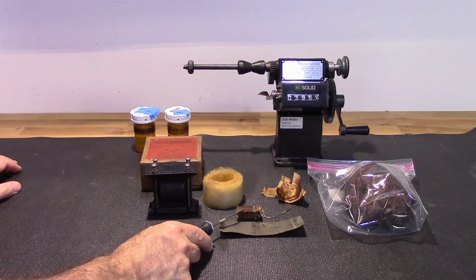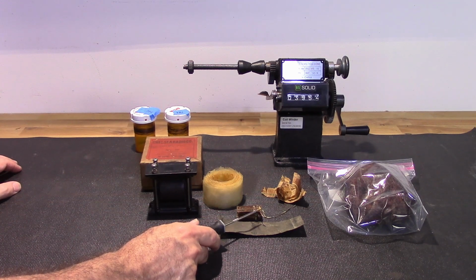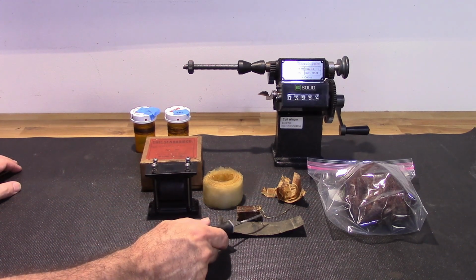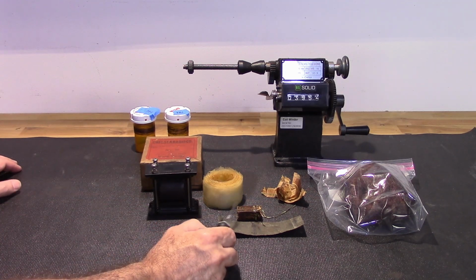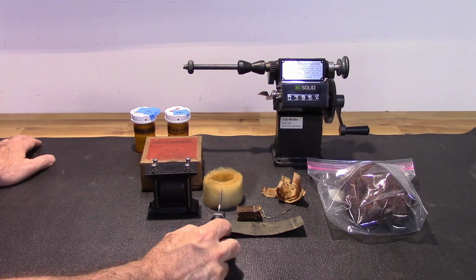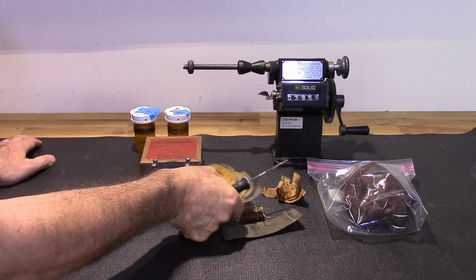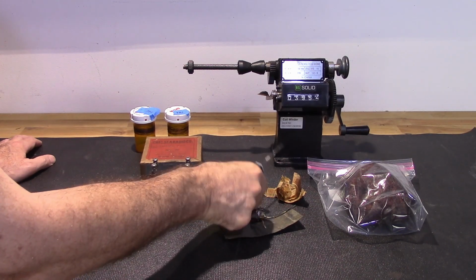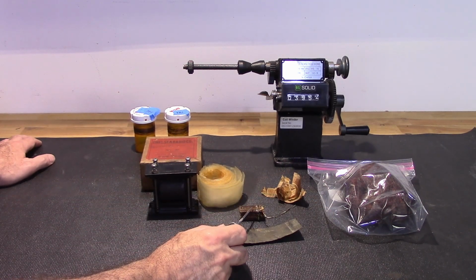I've got a cardboard core with some wire attached to it that can be soldered onto the terminals, and that is attached to the primary coil wire. And I've discovered that it's about 290 or so turns per layer, and each layer is separated by one of these glassine partitions, which is coated in wax. And I discovered there's about 14 of those